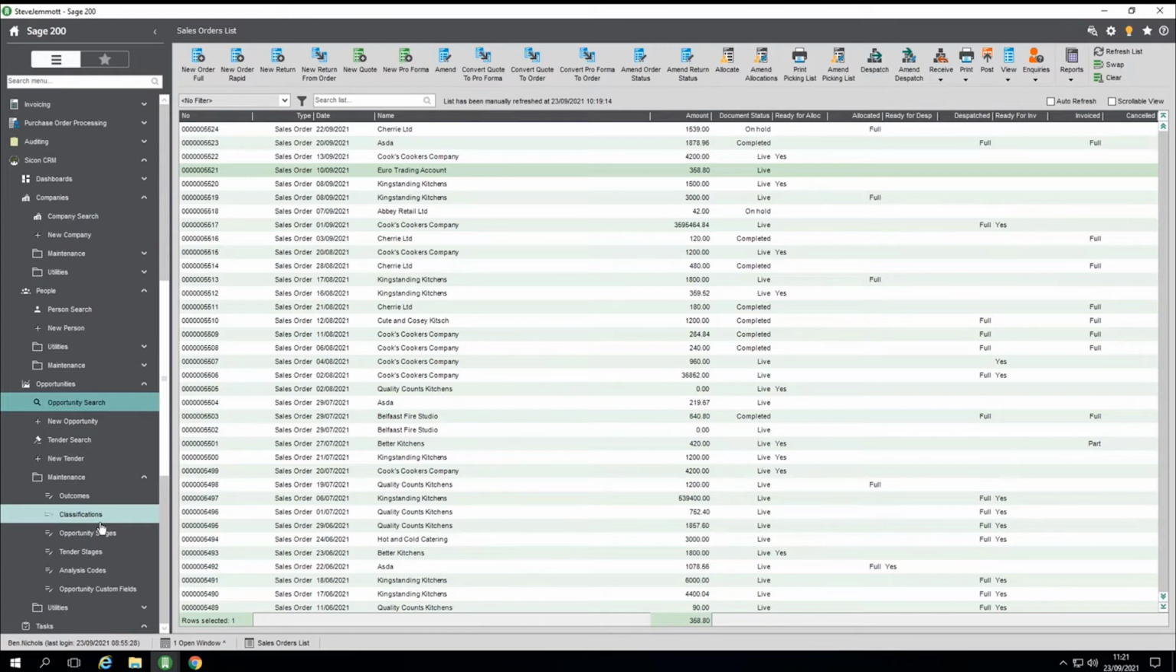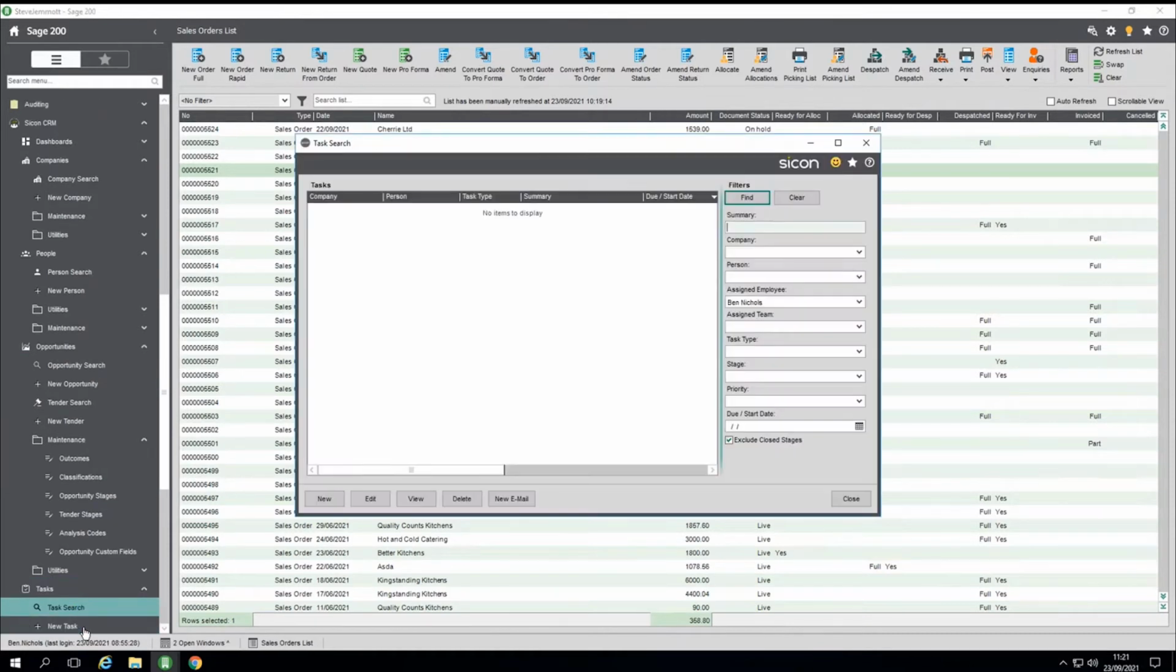We've then got the opportunities. So when we've got all of that information, an opportunity is something that obviously we're selling. We want to make sure we're progressing it from a new lead all the way through to something that we've won or lost. In order to progress those, we want to use tasks. And again, everything is fully integrated here. So if we take a look at our tasks,